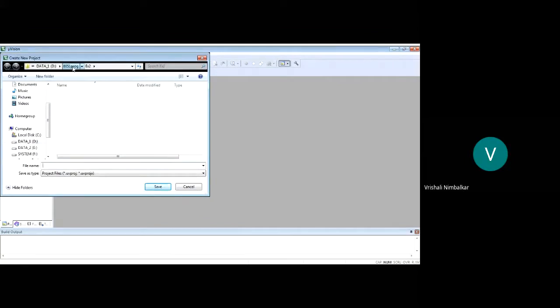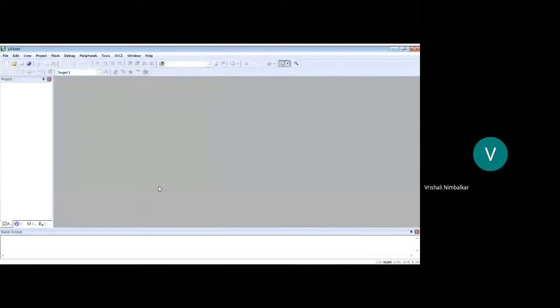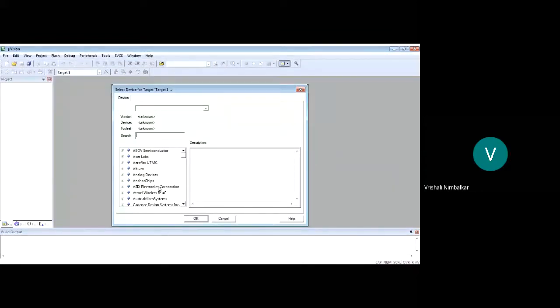I had created one folder, 8051 programs, and in that I am creating one folder, that is 16-bit addition. So ADD 16-bit. Now do not give names that are the same as the mnemonics. Whatever the names of mnemonics, they should not be the name of your program or the labels in your program. So I have given the name ADD 16-bit. That's the folder. And in that folder, I'm giving the project name ADD 16-bit. That's the name of my project also. Save, give relevant names.